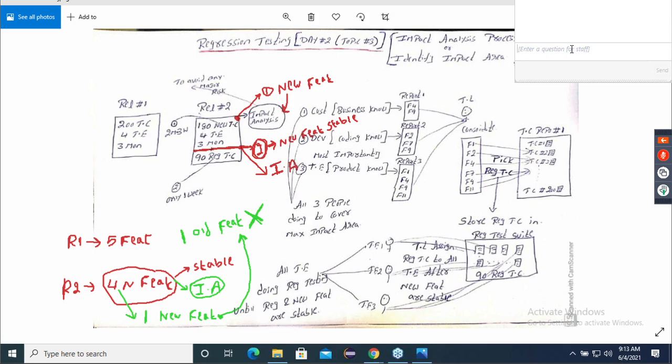Same way, guys, customer will tell you, rascal fellow, what were you doing till today? Last moment you are coming and telling me that you want new or you want old. Common sense you don't have. How can you talk to me like this? How can you ask me this question? Yes or no? If this is the case, you should have told me in the beginning only. When I gave you the new features, that time only you should have told me. Can you say, at that time I was not having product knowledge?